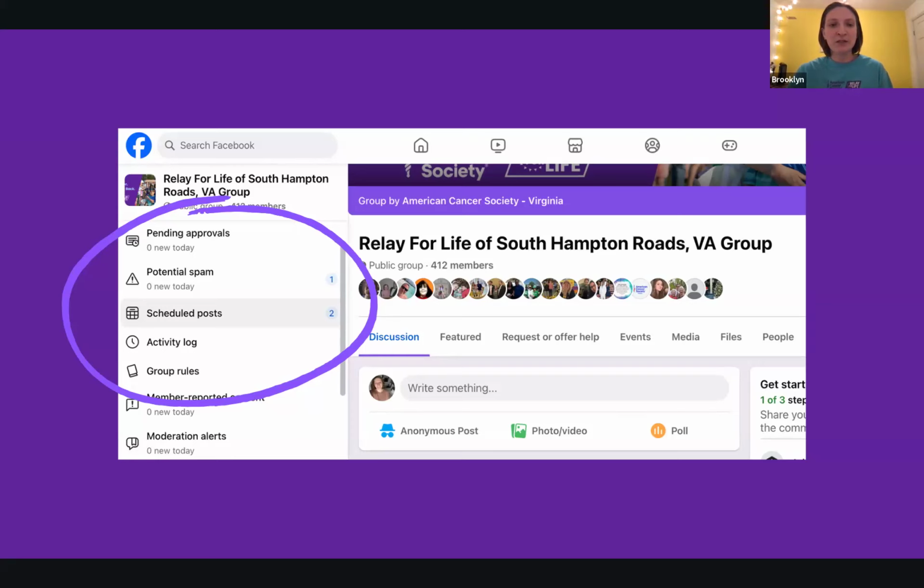On the menu on the left-hand side, you can see your scheduled posts if you're a Facebook admin. You just click that and you can see all the posts that you have scheduled, if you ever need to keep track of it. Because sometimes I accidentally schedule posts for the same day at the same time, and that's probably not the best, because you want to make sure your posts are spread out. And that will be all. Thank you.